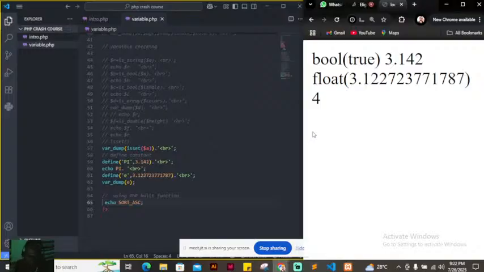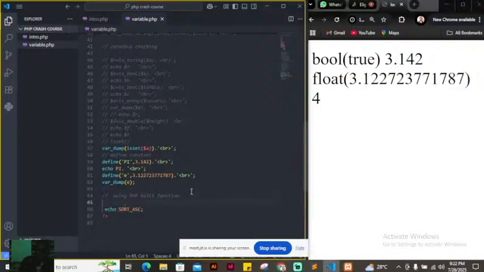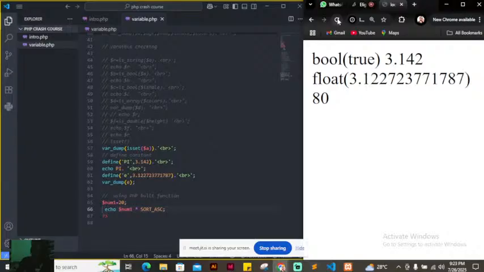Let's assume that you are writing a program and you want to do 4 times something. Let's say num1 equals 20, and I echo num1 asterisk this. What are you saying? That's 20 times 4. Is that not 80? So it means that sort ASC is a constant for 4, a built-in constant for 4 in PHP. We have another one called